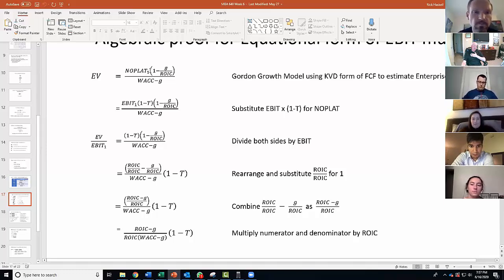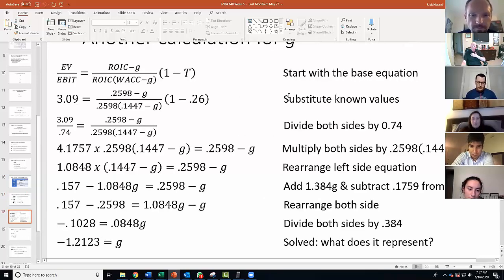I just want you to see these are the component parts that make up this very simplified multiple. And we can run some numbers. And since I'm not holding you responsible for the algebraic proof, I'm not going to hold you responsible for engineering through the proof. So we're going to bypass this slide. And if you want to look at this slide and want some more guidance on this, feel free to ask me about it some other time, but we're not going to do this as a class.